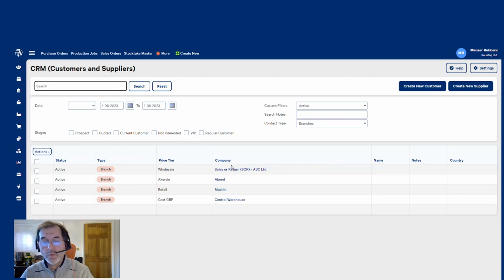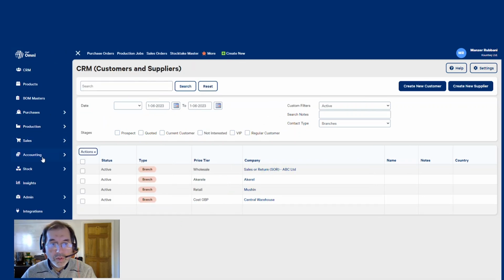The way this would now work is that whenever you're ready to move stock from your main warehouse to your sales return warehouse, you would do a branch transfer.